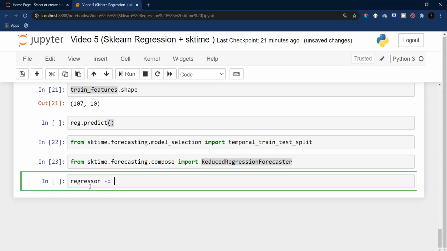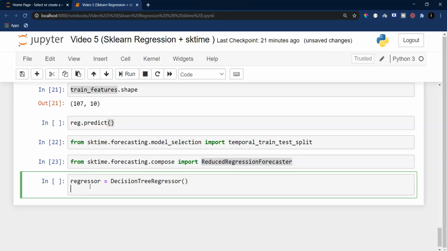I'll say regressor is equal to DecisionTreeRegressor, and then I can say reduced regressor, and in this reduced regressor the first argument is the regressor only, that is, which regressor you would like to use to reduce this data, whatever data we will be passing in the fit argument. So in the regressor I can specify the regressor which I just created. It is now going to use this decision tree regressor to do this kind of thing.